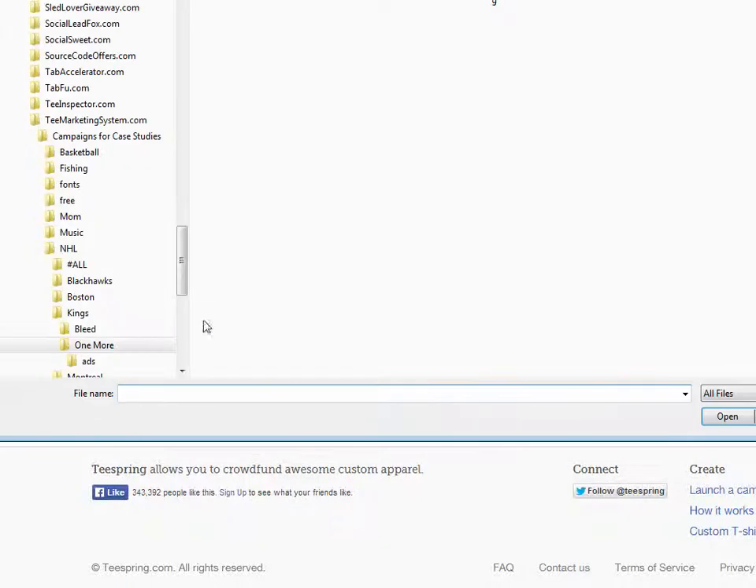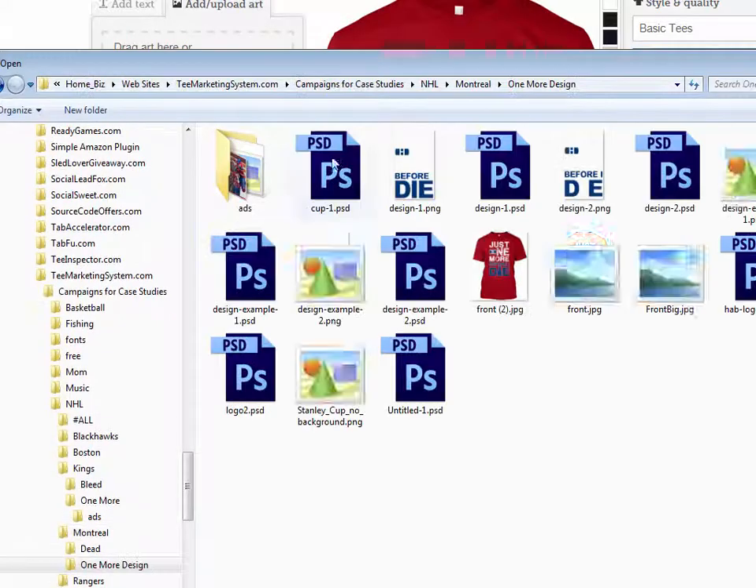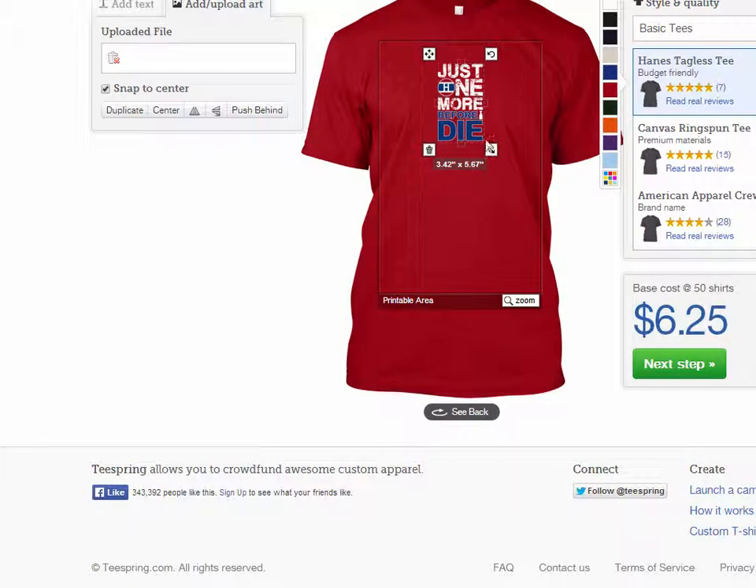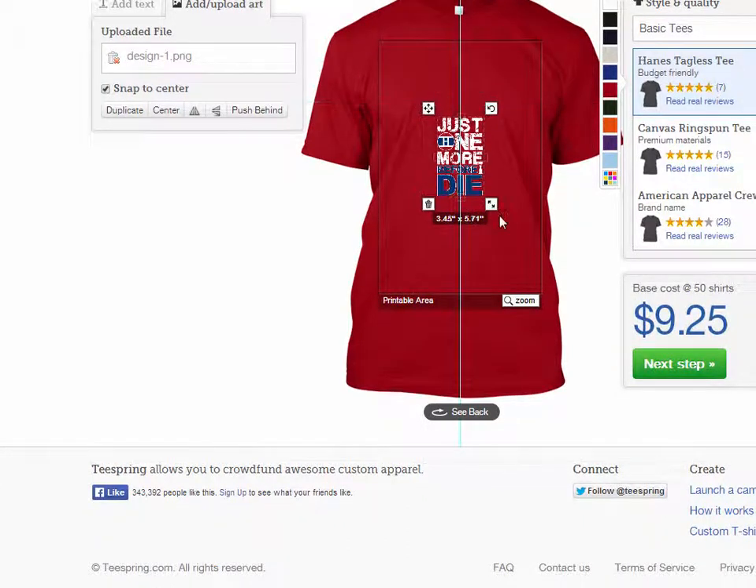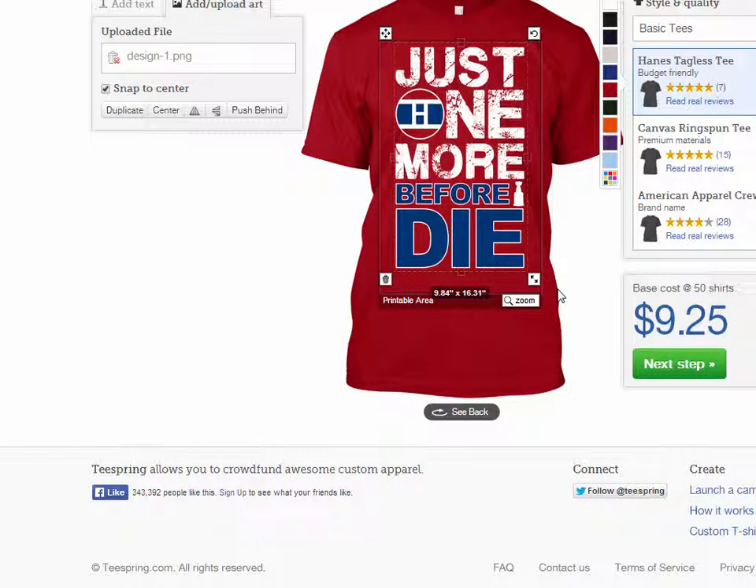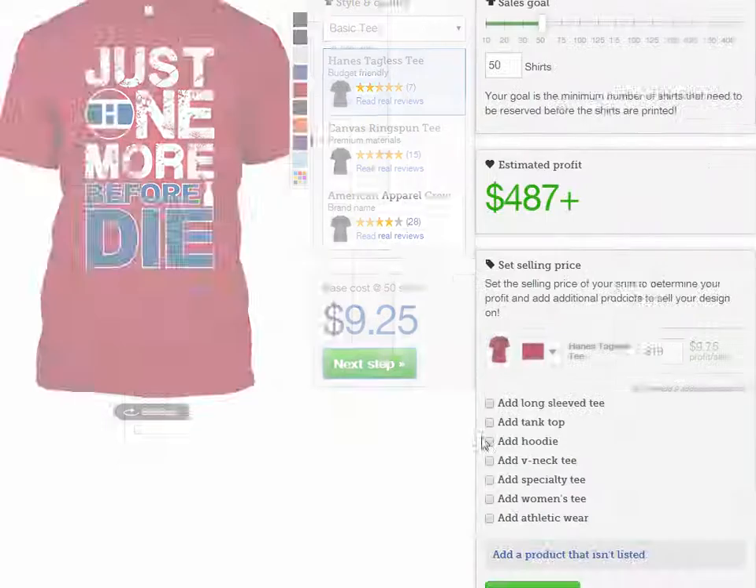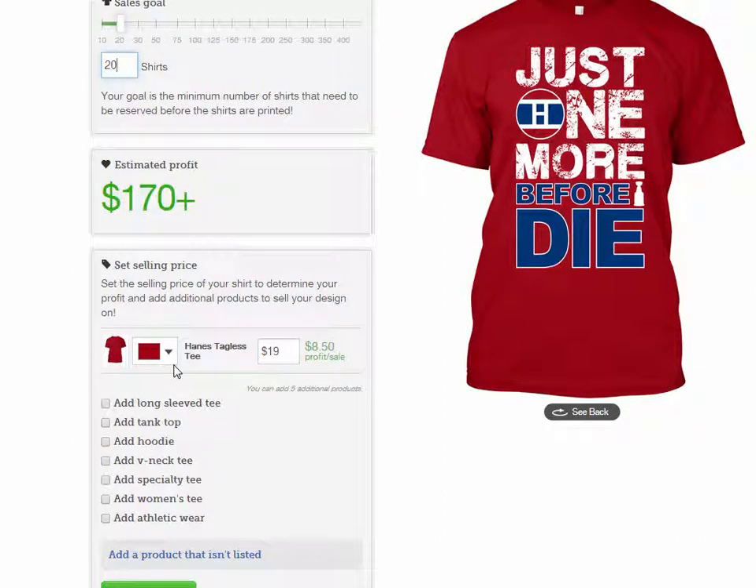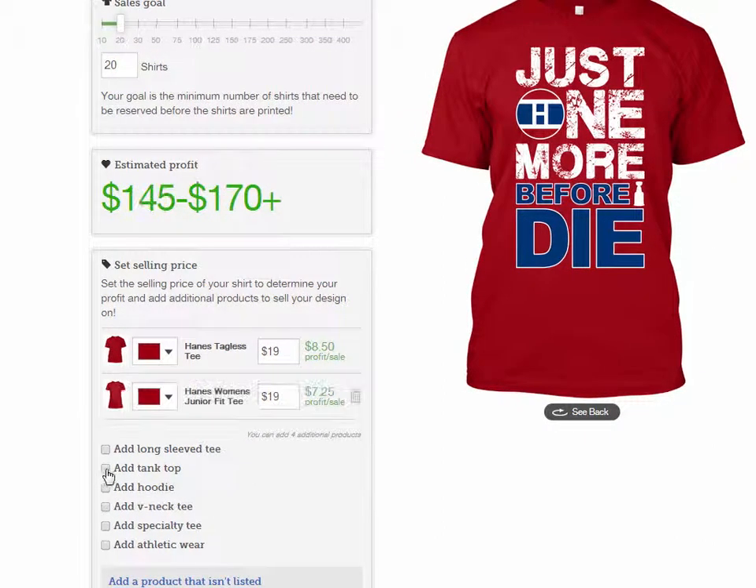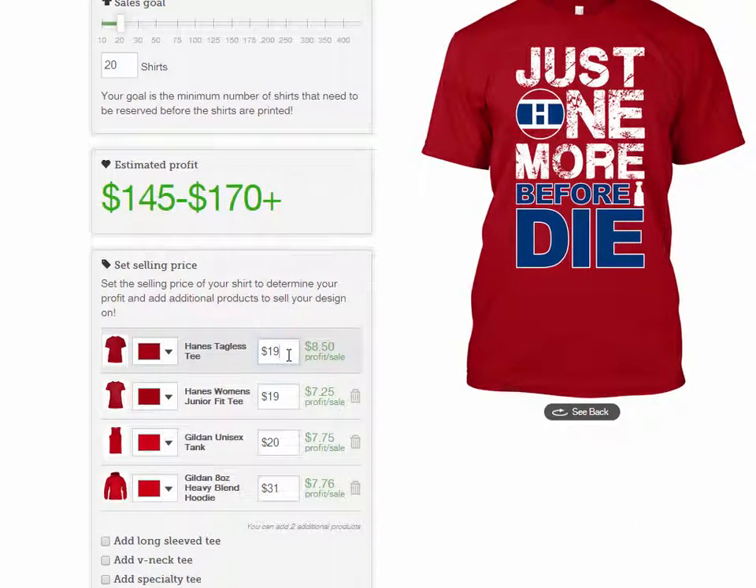I'm going to do the Montreal Canadiens. It's going to be the One More Before I Die design. So add my image here. That looked good. 20 shirts, same as I did before. Women's tee, tank and hoodie. 1950, 2150, 2150, 3950. Next,